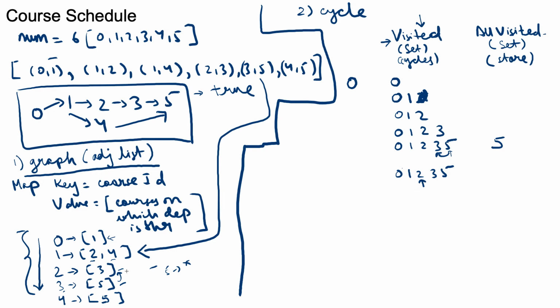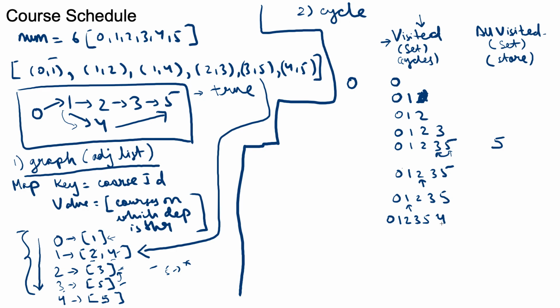And now since second also doesn't have any sibling, we will come back to the first course ID, and here we see that first course has dependency on second, which we have already traversed and saw that there was no dependency issue. So now we will go to 4 and we will see if this particular path from 1 to 4 has any dependency issues or not. So now we will add 4 to our visited array,